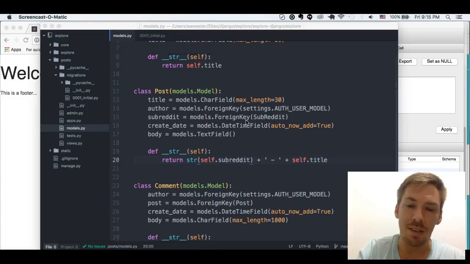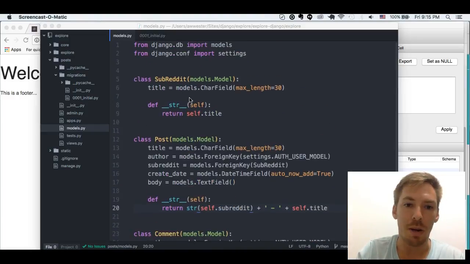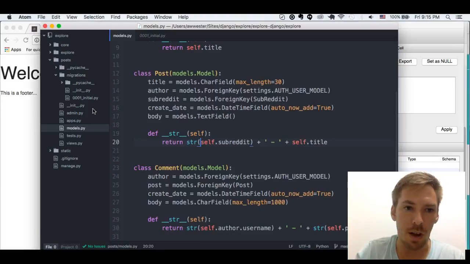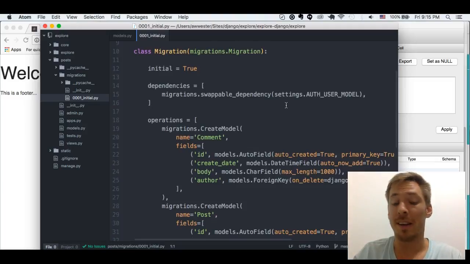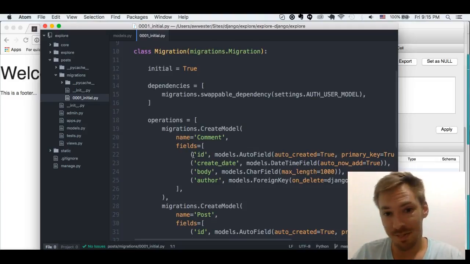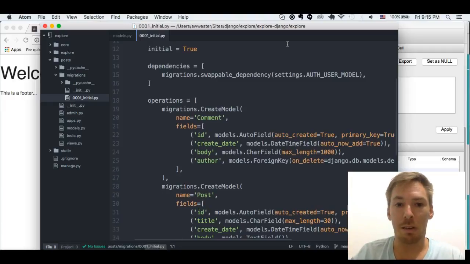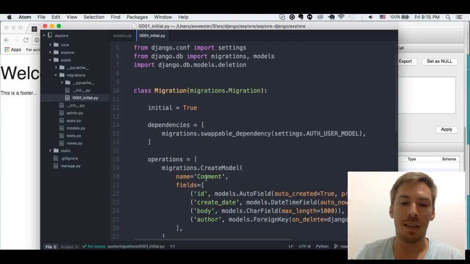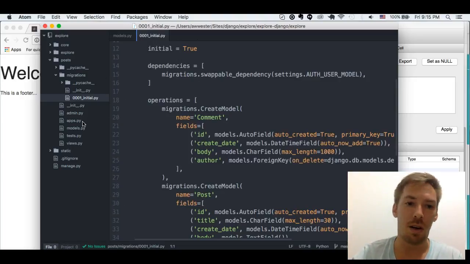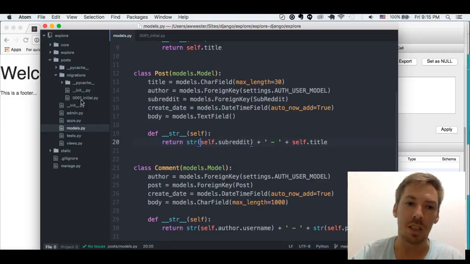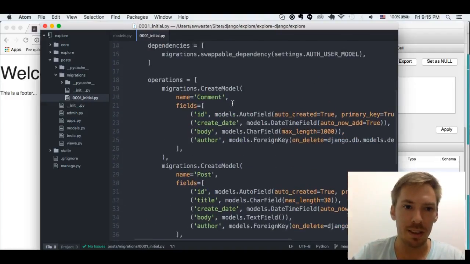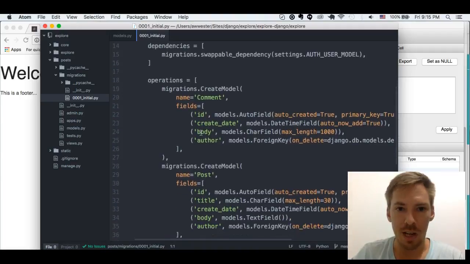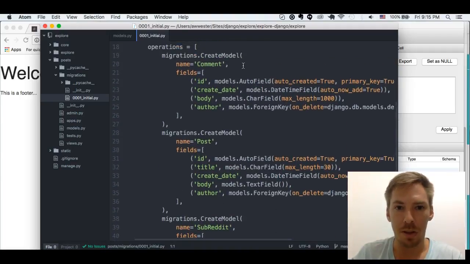In the last video, we made some models. We made a subreddit, a post, and a comment. Then we migrated it, and I promised you guys that we would talk about it later, and I am fulfilling that promise. So when we ran the makemigrations command, it looks in the Django models files and looks for changes, and then it does some processing and sees what needs to change in the database, right? So when we made this initial migration, it saw that we were creating three models: subreddit, post, and comment,